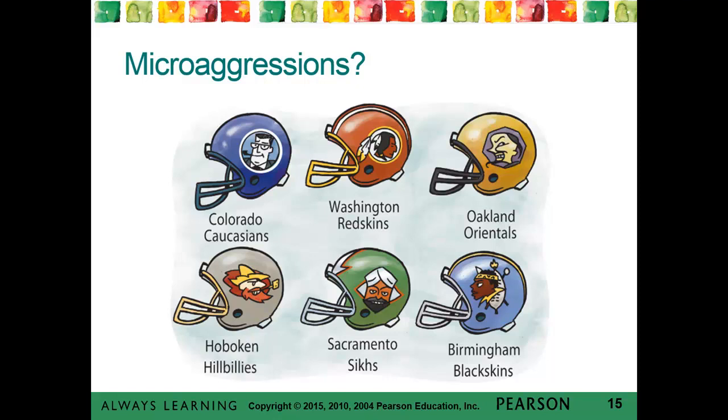You know, for example, if we take a look at the helmets of the Washington Redskins, the mere presence of the helmets invokes a kind of discomfort for certain people of color, our Native American brothers and sisters. They're absolutely offended by the helmets and asked us to consider, what if we called the Colorado team the Colorado Caucasians, or if we called a California team the Sacramento Sikhs, and if we shared these team names in the reverse, then we would maybe come to understand how they feel as well.